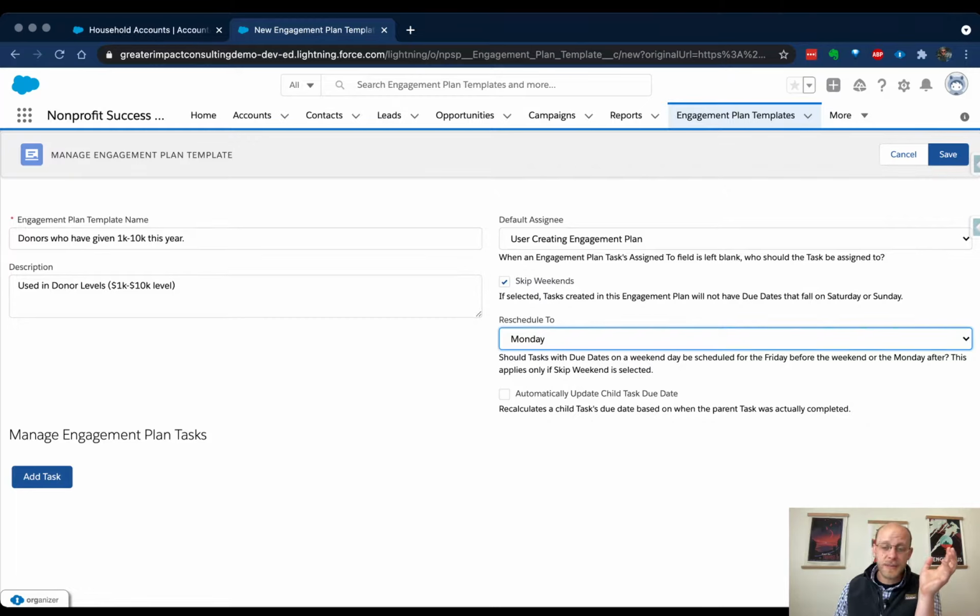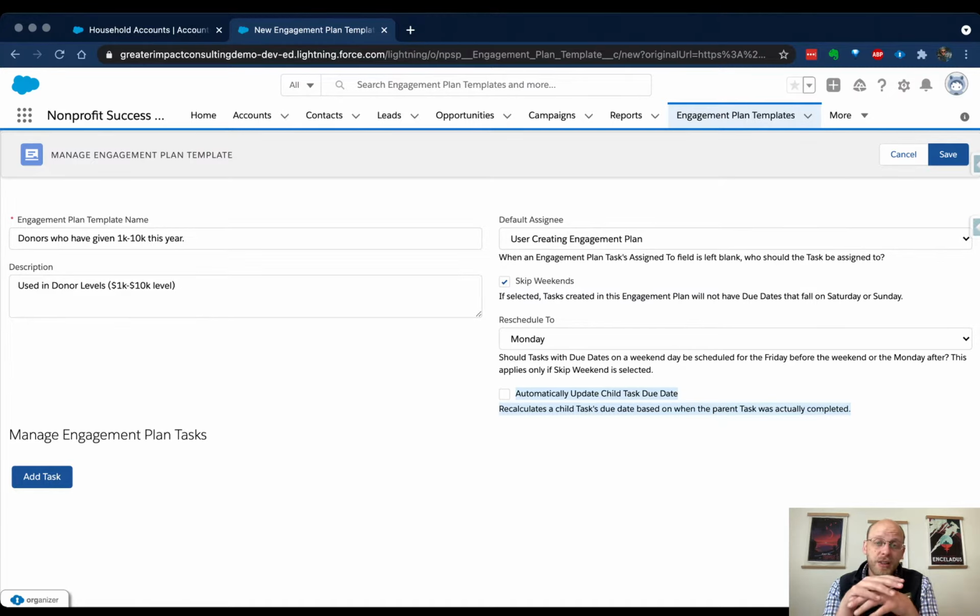And then this last piece, we're going to create some dependent tasks. And what that means is I don't want to add somebody to my mailing list until I've called to thank them for their donation, because part of that call and part of that script includes saying, is it okay if we add you to our mailing list? If the answer is yes, great, go ahead and add them. If not, don't. So anytime there's a dependent task, if I miss my due date for my parent task, my calling of the donor,